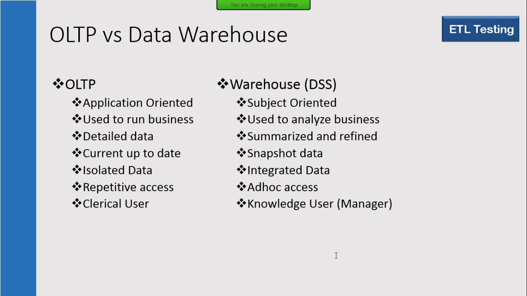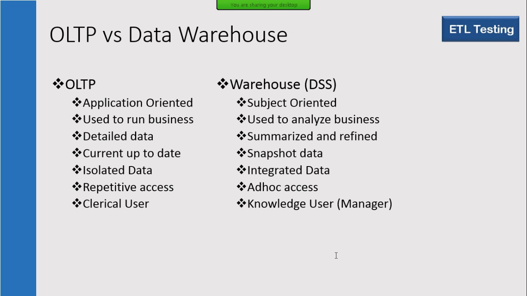So OLTP is application oriented. You have an application, and every application that you have, let's take Gmail as an application. When you want to create a Gmail account, you fill in all the mandatory fields like username, password, and so on. When you click on create, your account is created. Anytime you log in, the data that you provide hits back to your database and retrieves the information. So the database is geared towards an application